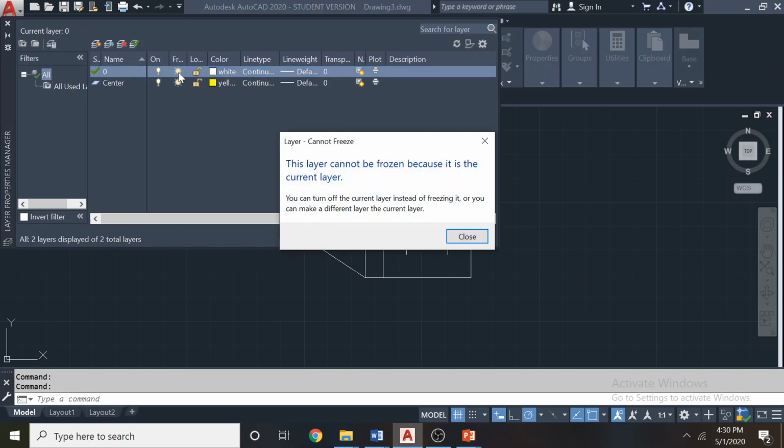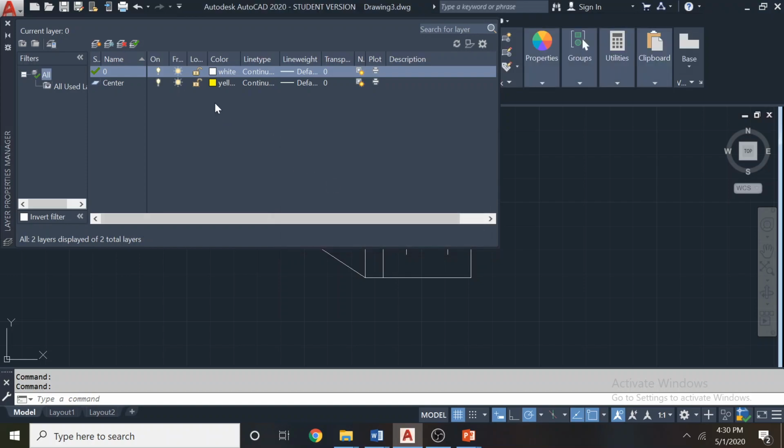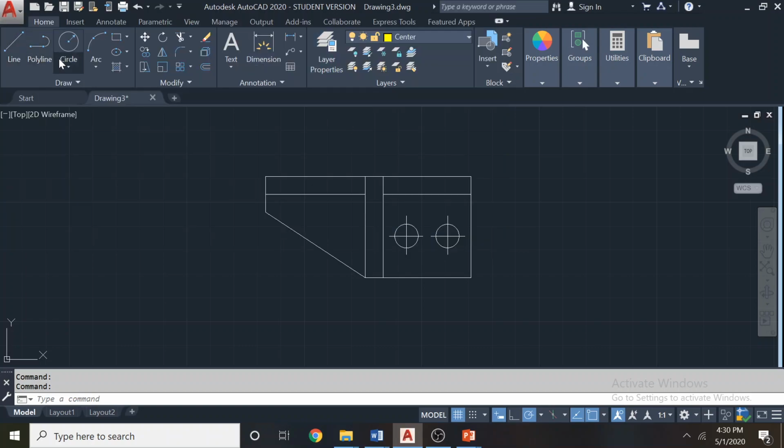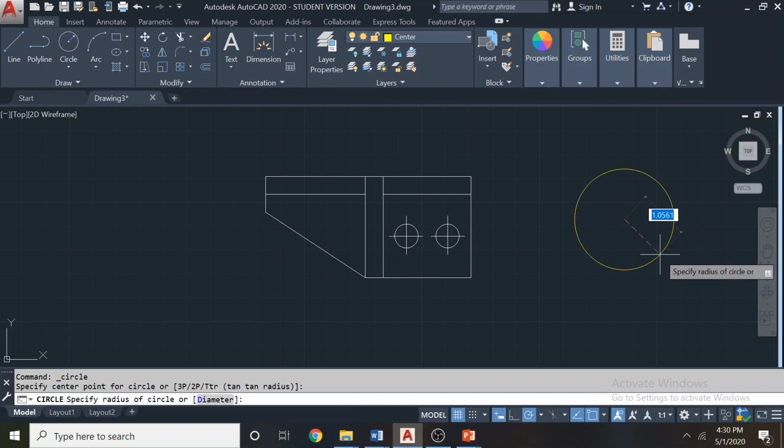What do you mean by freeze layer? Now if you try to freeze the zeroth layer, it cannot be done, because you cannot turn off the current layer. This is the current layer. When you see the tick mark here, it's the current layer. When you click on this, it will become the current layer. Now if you try to do a drawing, it will appear in yellow color.